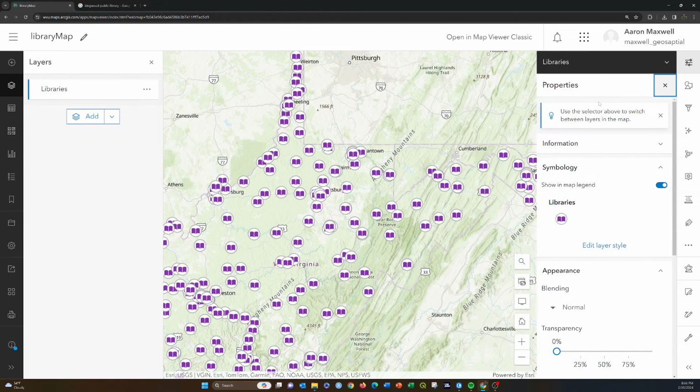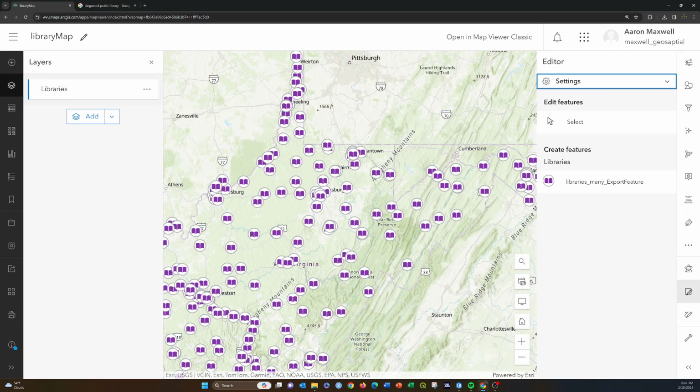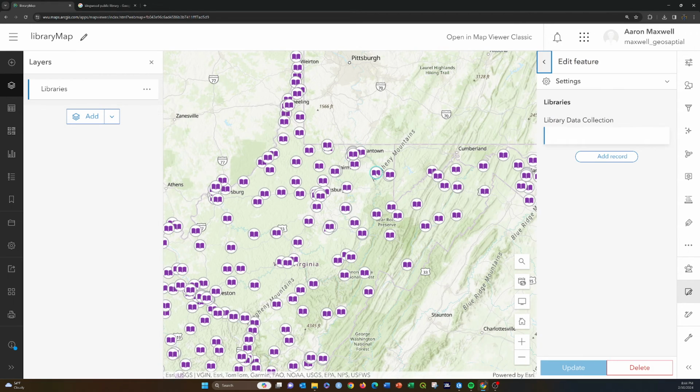All right, so let's get rid of this. I'm going to click on the editing button here, which is just a square with a pencil. And if I click on Kingwood Public Library, which I think is this one, actually I need to select it. Okay, so now you can see here that I have this